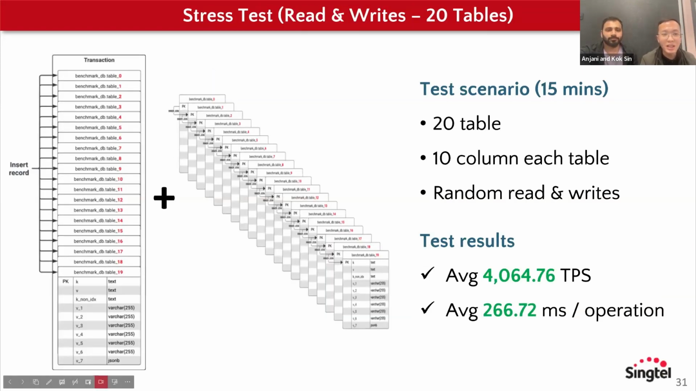So coming to the last part, instead of doing all reads and all writes, now we're going to combine both of them. We are doing random reads and writes on 20 tables, and we managed to achieve 4,000 TPS and 266 milliseconds of latency, which we are very